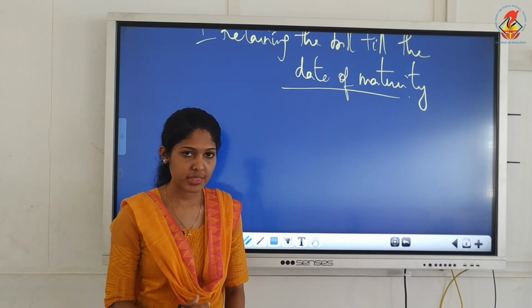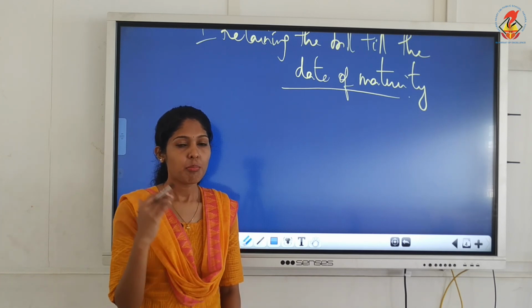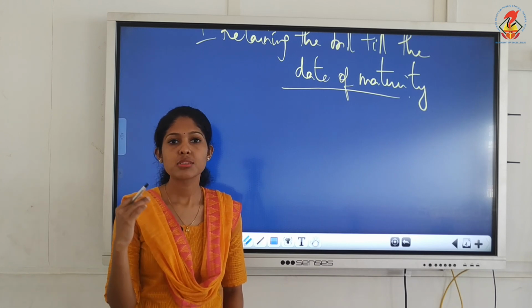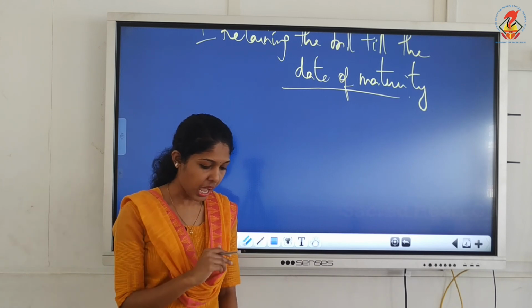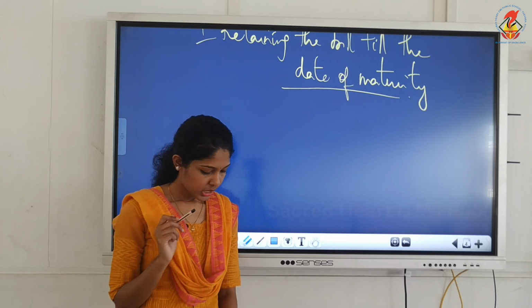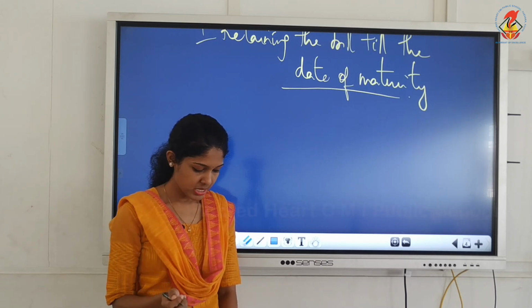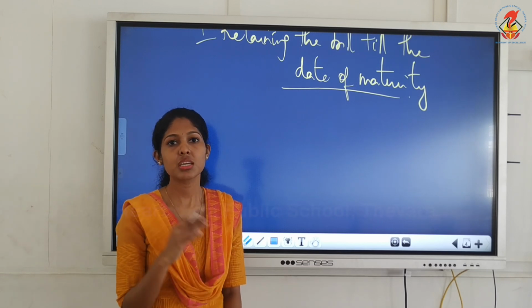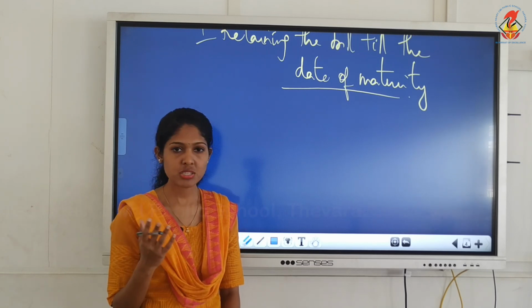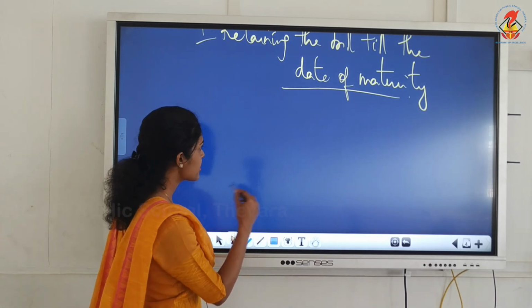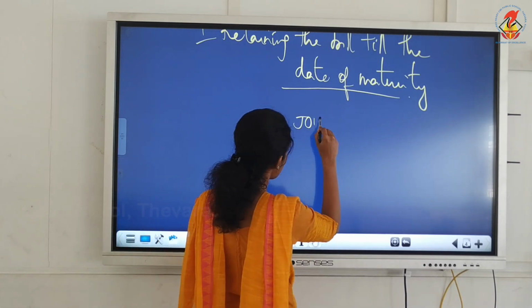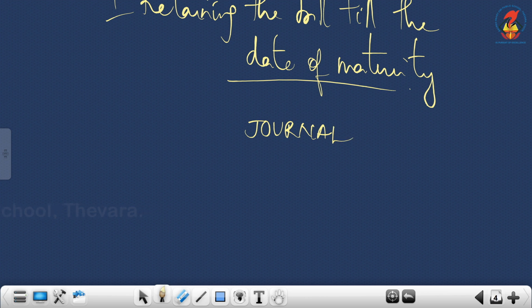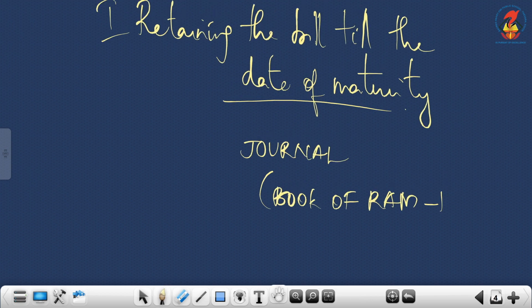So who is drawee? First of all, you have to identify that. Mohan is accepting the bill, so Mohan is drawee and Ram is drawer. On the due date, the bill was met. Give journal entries in books of both parties. The basic entries that we discussed will be written. And they have asked to ignore GST. So it's easy, just the common entries you have to write. Give the heading journal, and you must write one more thing. This is books of, first we will write in the books of Ram, that is